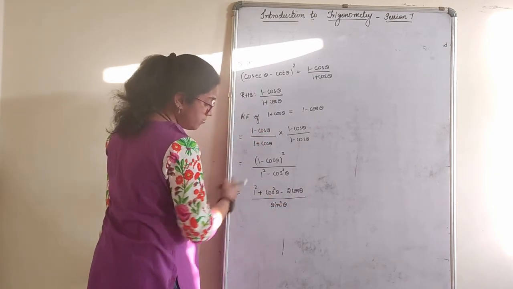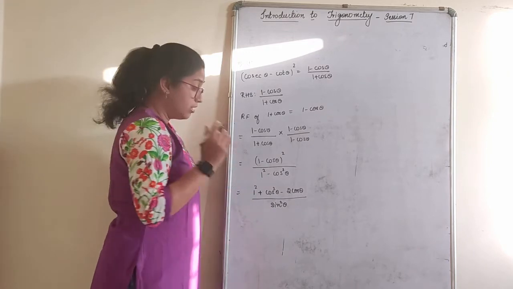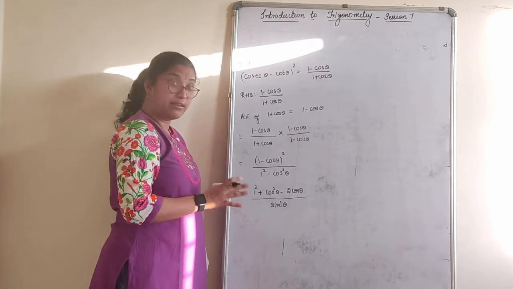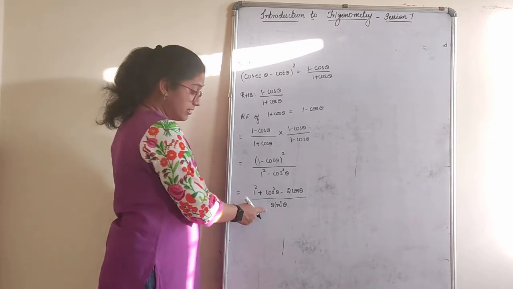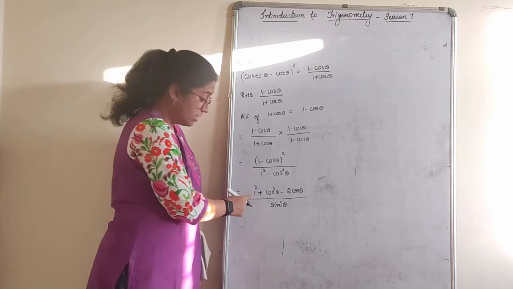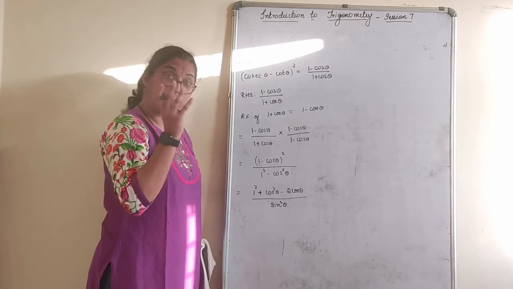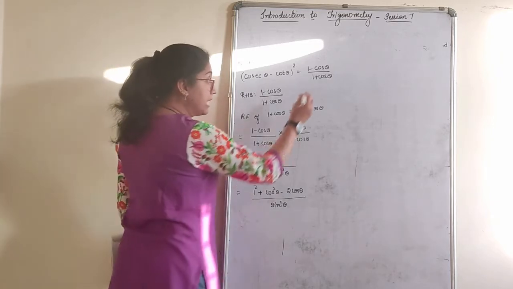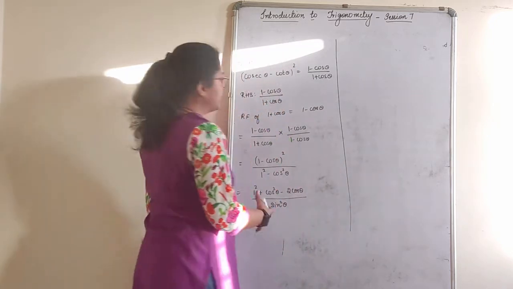Now, this is what I have arrived at. Further, what to do? When you come to such a situation where nothing is possible and the denominator is only one single term, try to divide it individually. Before taking the LCM, what we do? 1 by sine square, cos square by sine square, minus 2 by this. That is also one step you have to remember. That is the trick you apply in one particular sum.